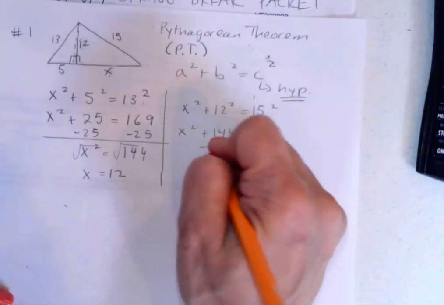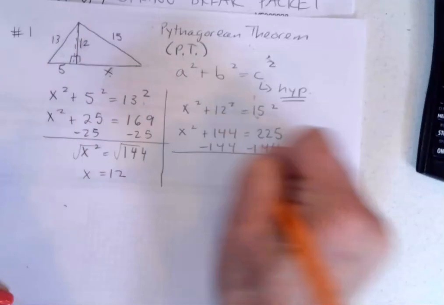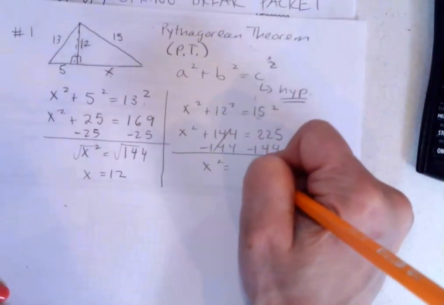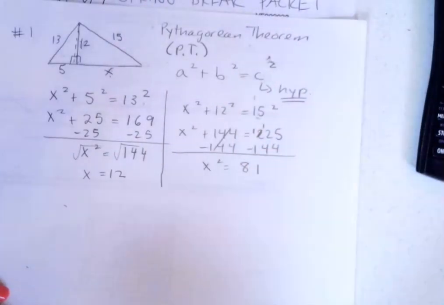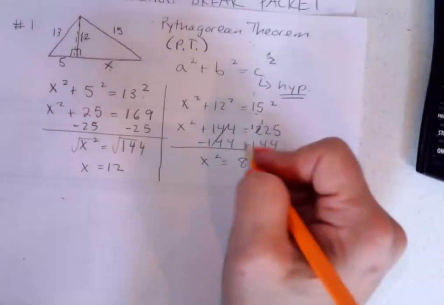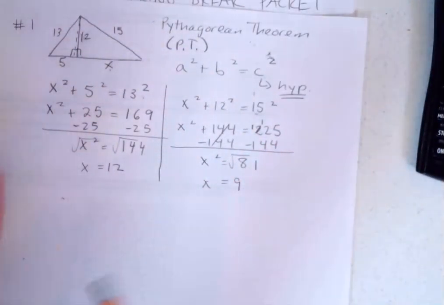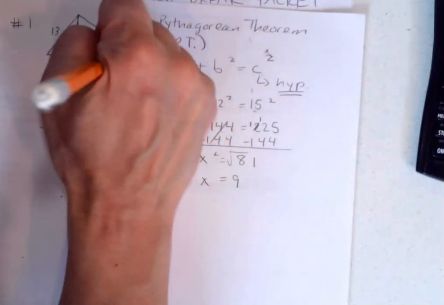We're going to subtract 144, which gives us 81, and then we're going to take the square root, and that equals 9. So now we have this is equal to 9,